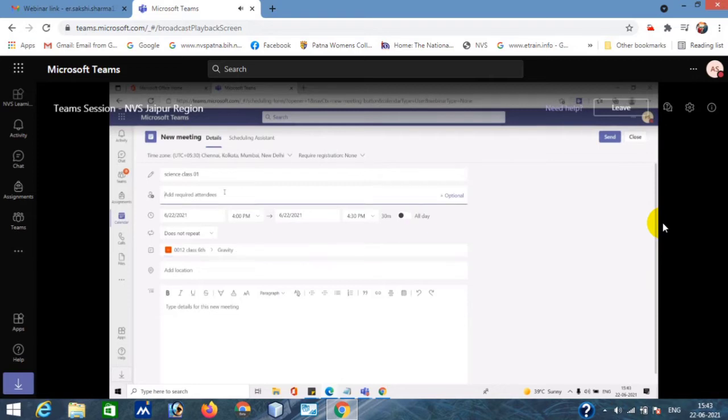And here, add required attendees. Let's suppose the person you want to invite to this meeting doesn't have an Office 365 ID, or you want to invite some external guest to this meeting. So you can mention their email, Yahoo ID or Gmail ID, in the add required attendees column, right? Or you want to invite some person who belongs to your organization but does not belong to your class, so you can directly mention their email ID to invite that person to this meeting, right? And next is the agenda, which is optional. So if you want to write down the agenda of this meeting, you can write it down here, right?